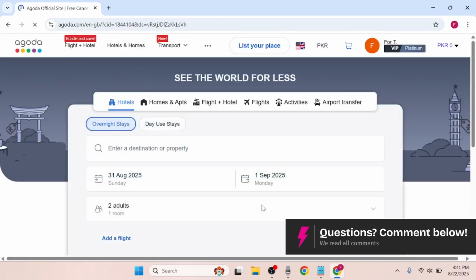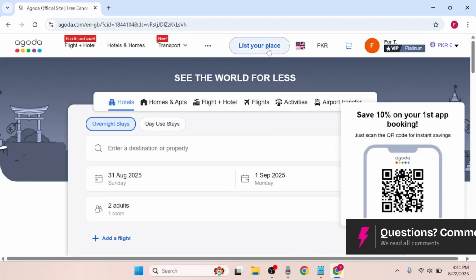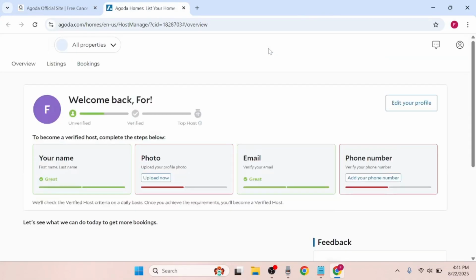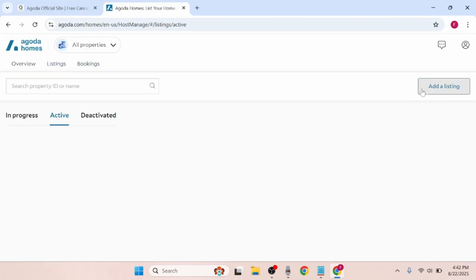Once logged in, look for the option List Your Place at the top of the page. Click on it and a new tab will open that takes you to Agoda Homes. From here, select Listings on the top left-hand side of your screen, then click Add a Listing on the right-hand